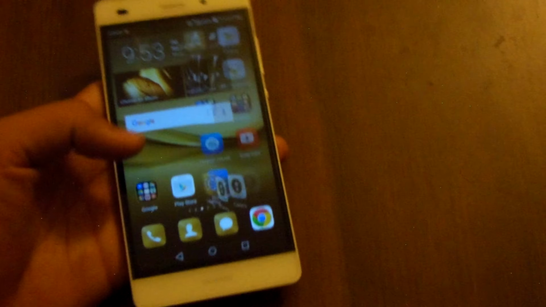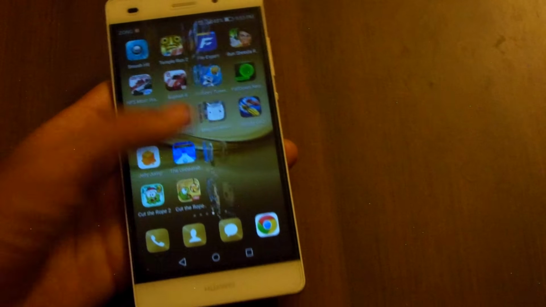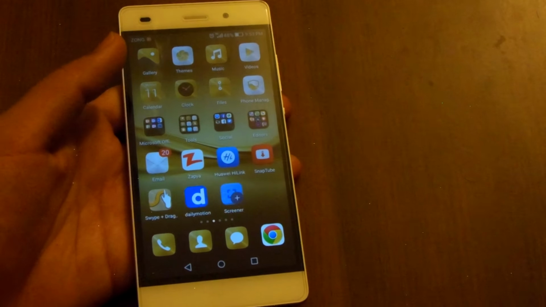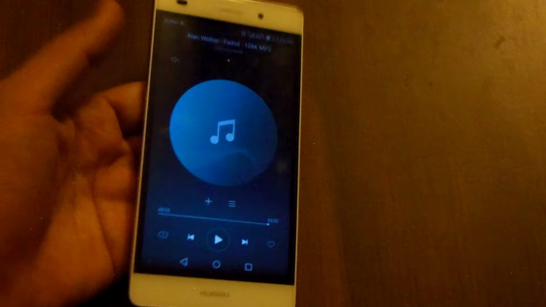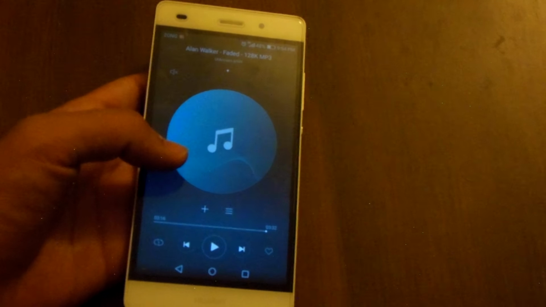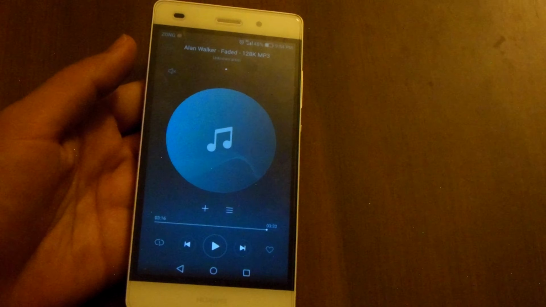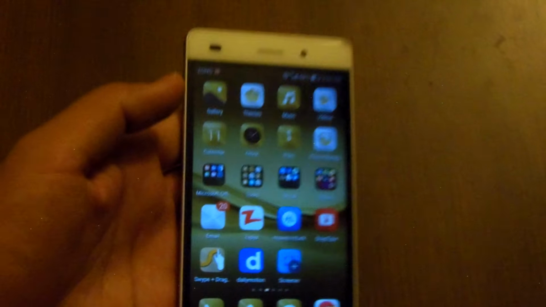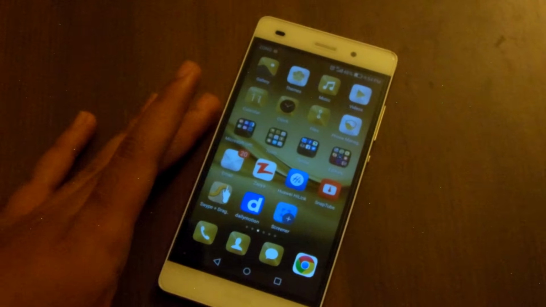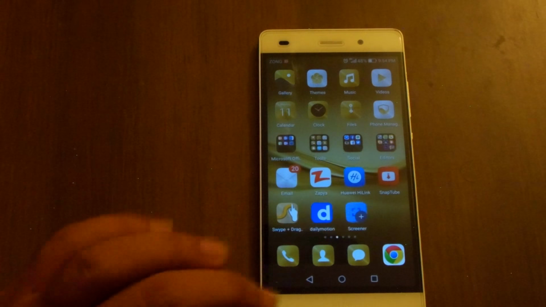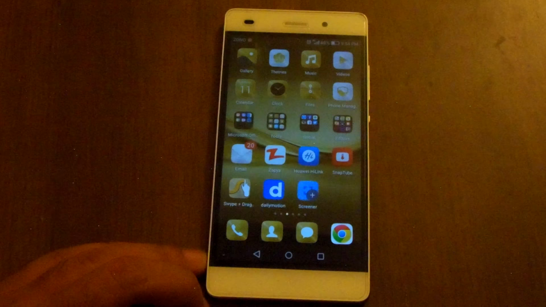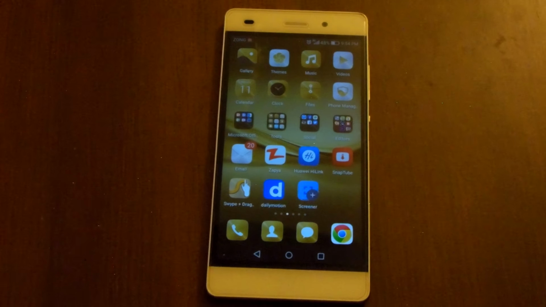So next thing is that you have that DTS mode in the music and video application. When you plug in your headsets, you get an option to turn on DTS mode, which is actually surround sound. So yeah, that's pretty awesome. I have also made a video for that. I'll link that in the description, and I'll have that in my cards as well.